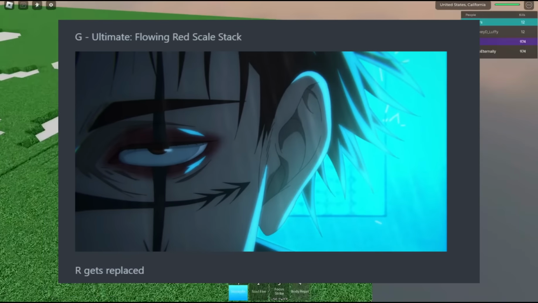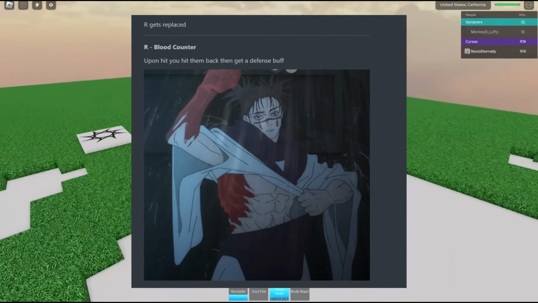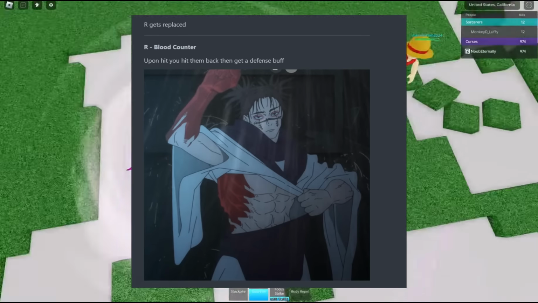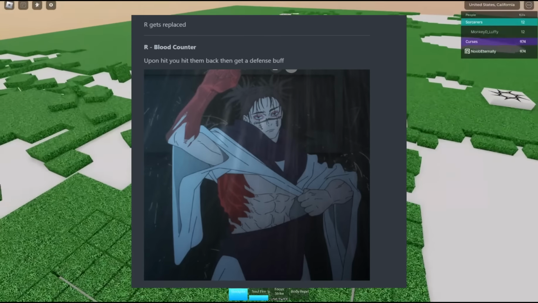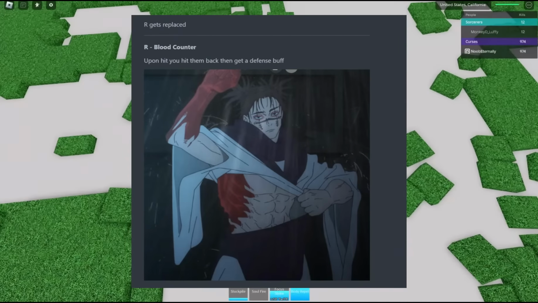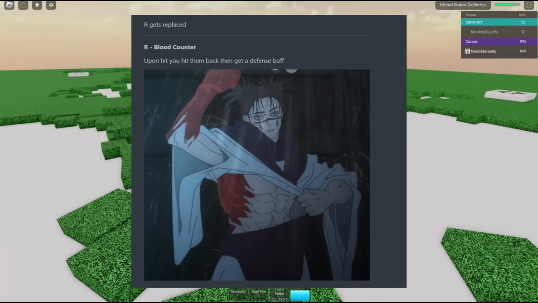Moving on to the Awakening, he has an R special, which is a blood counter. So basically, if you get hit, you hit the person who hit you back, and then you get a defense buff. Generally, counters aren't that big of a deal in Awakenings, because Awakenings, by nature, are generally aggressive. People usually aren't trying to attack an Awakening, they're usually trying to run away or stay away from them until the Awakening is over. So I'm not sure how much benefit a counter in an Awakening would give you, but